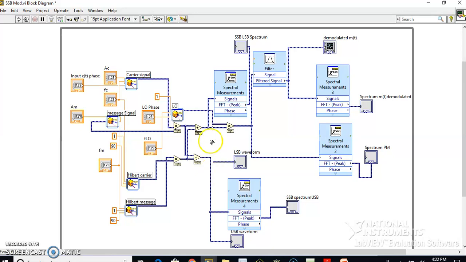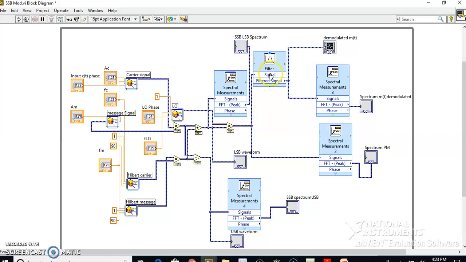Whereas coming to demodulation, here we have taken the LSB part of it, which we again multiplied with a local oscillator. So this is going to give the demodulation of the lower sideband. That is passed to a low pass filter. Of course, you can see the cutoff frequency of the low pass filter is around 20 kilohertz, so that even when I go up to 20 kilohertz as my message signal, I am able to get back